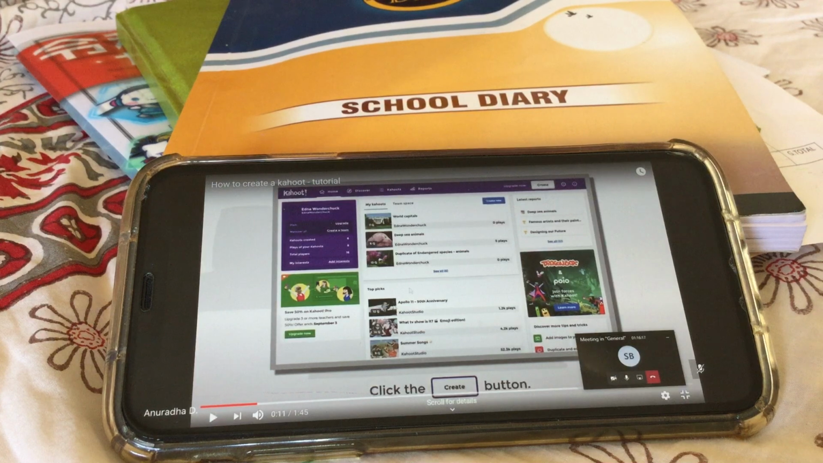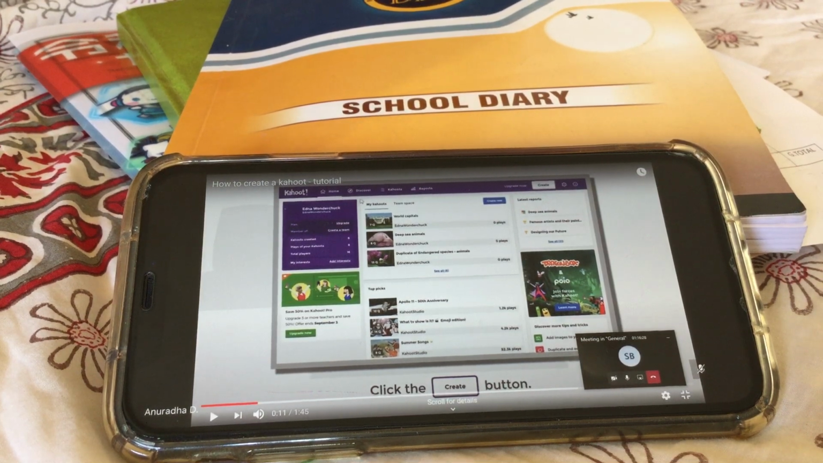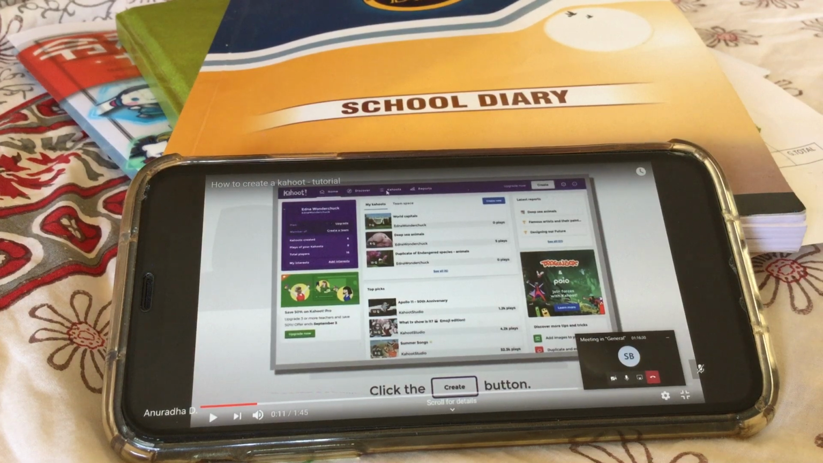As you see, you have to sign up. Once you sign up, every other time you can log in and get into your Kahoot. And you can see home, discover, Kahoots. What you can see is the varied Kahoots which some teachers have created and kept here for anybody